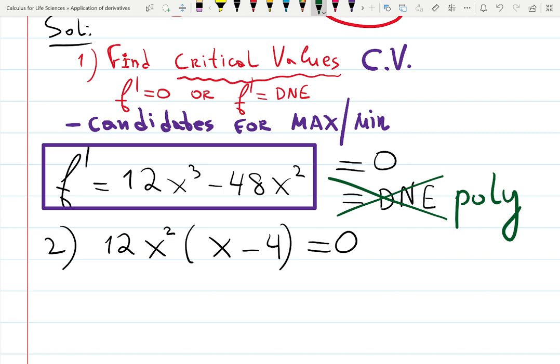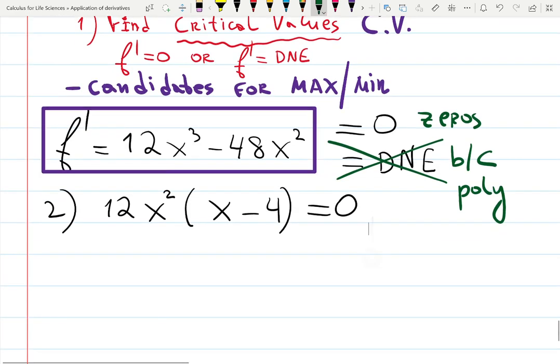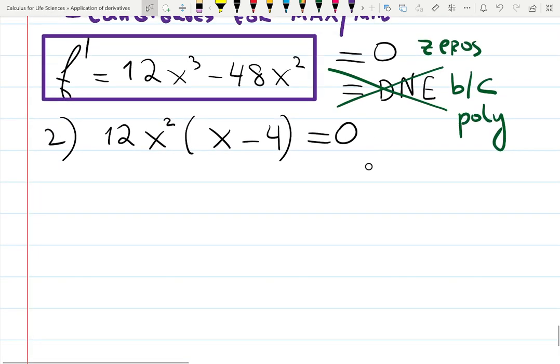But the numbers are fine. Sine, cosine also is fine. Does not have any breaks. So we only look for zeros. And then this polynomial has no DNE points because it is a polynomial. That is why. But polynomials do have zeros almost all the time. How to find zeros? Factor out and then